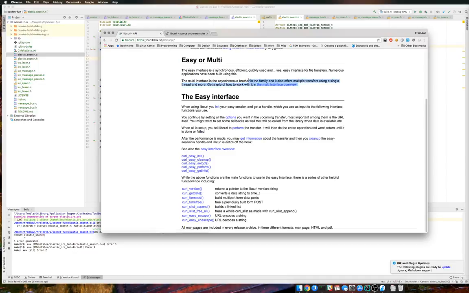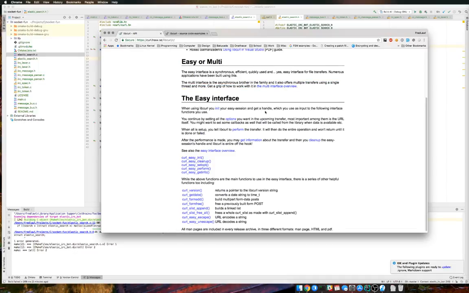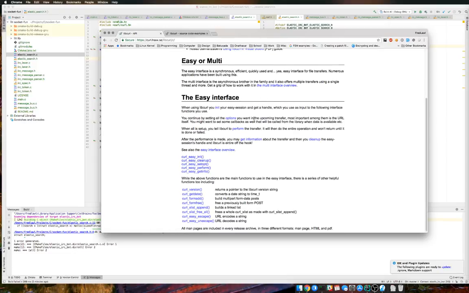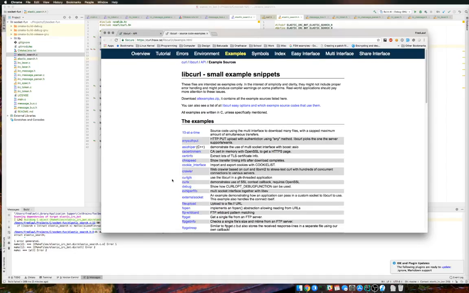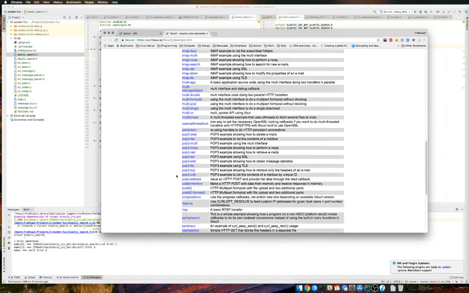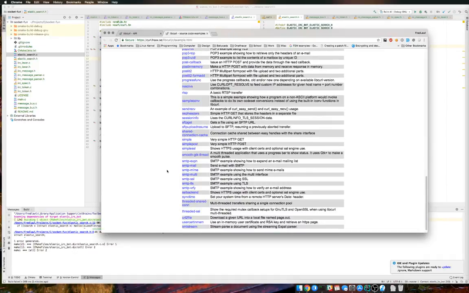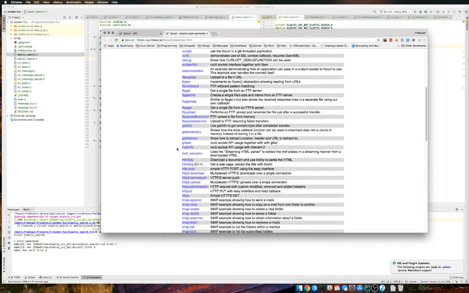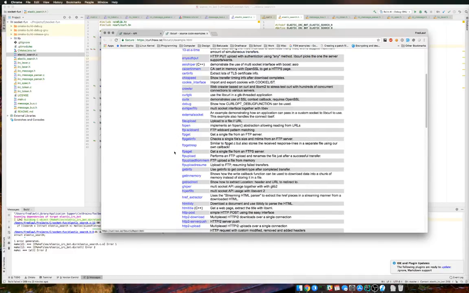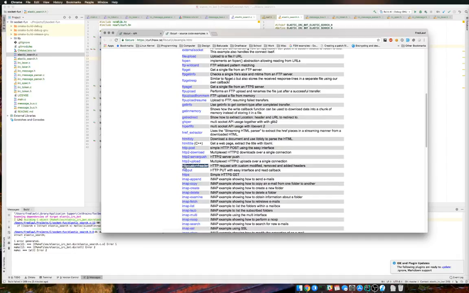The multi-interface overview. So the interesting thing about curl is that you can do concurrent requests with it. I'm not going to do that, so I'm not going to worry about the multi-interface at all. But yeah, I think that's a good starting point. Wow. Oh, wow, I guess it does more than HTTP. Looks like it does FTP, among others, but we're going to be focusing on HTTP in my library,